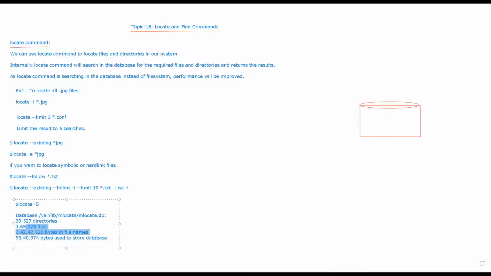These are the used bytes for the files. So once you use locate -s, it will show you the database, and this database will be updated only once per day.